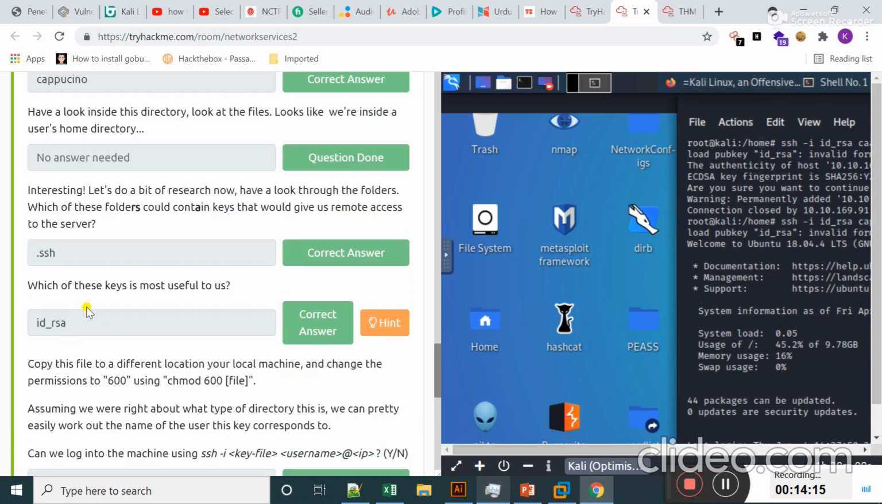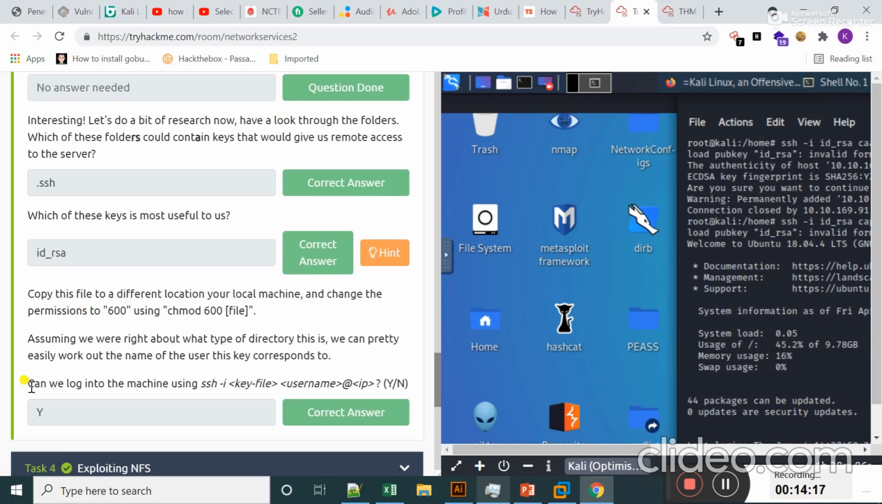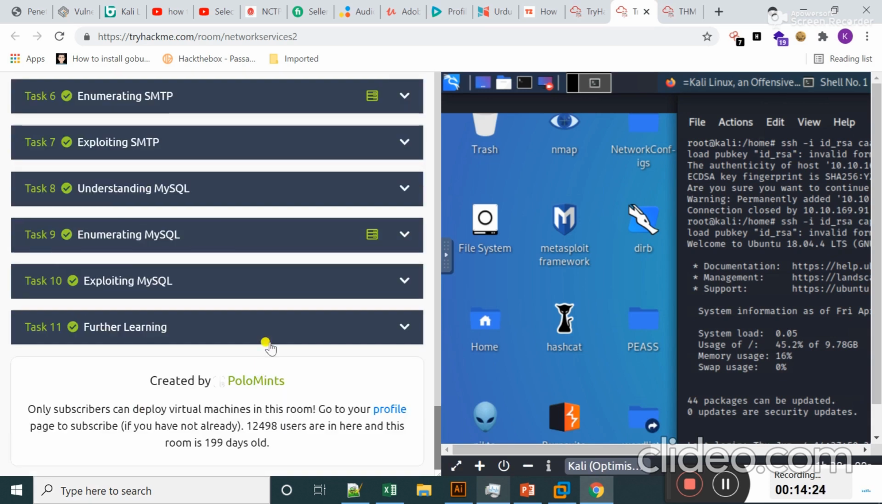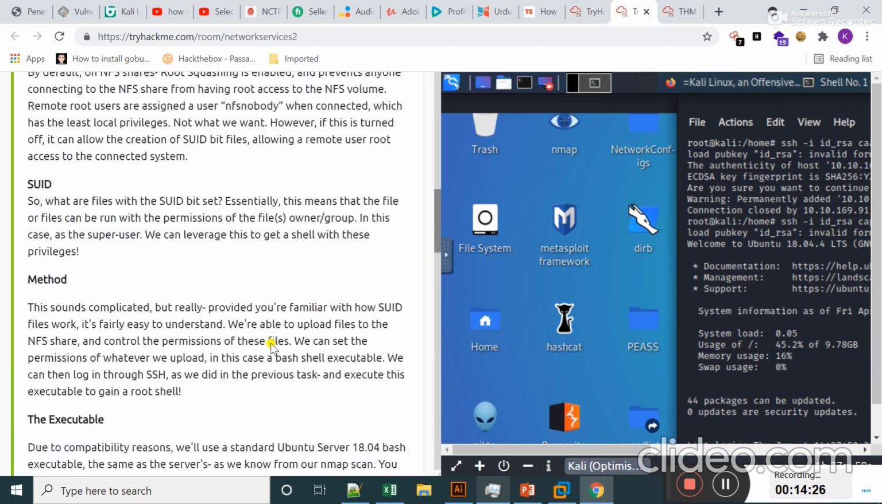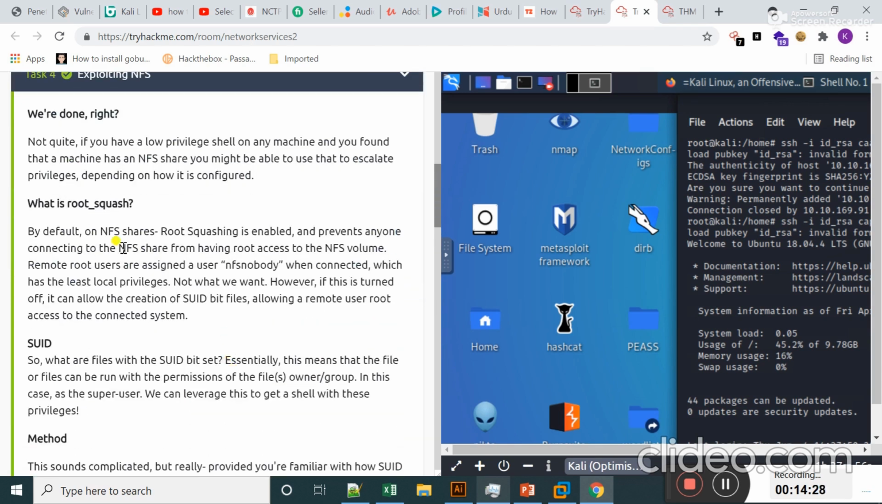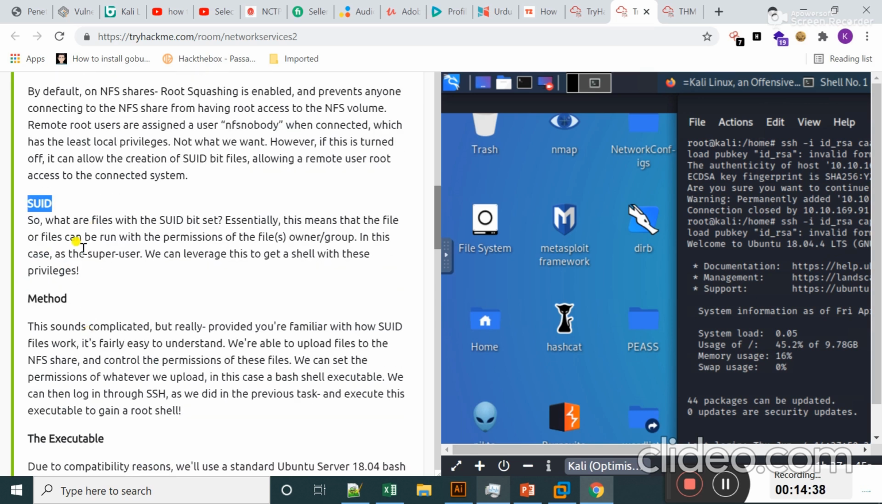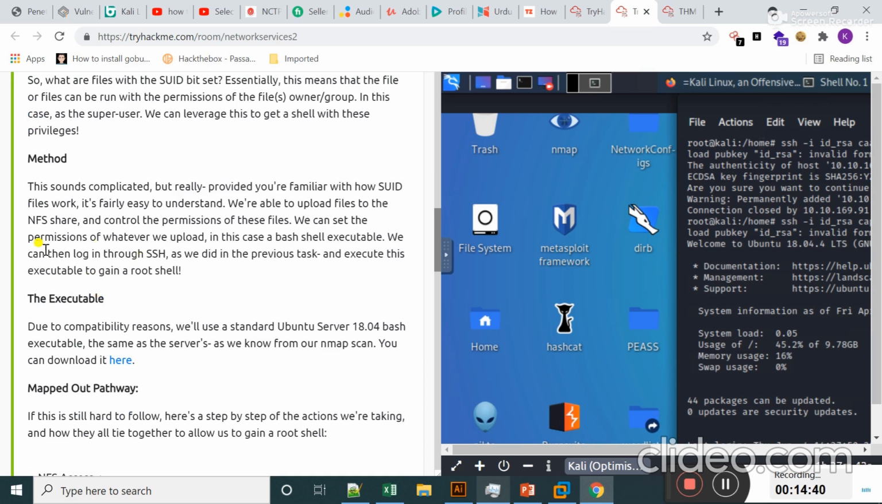The question is, can we log into the machine using an SSH key? Yes. Okay students, now it's time to exploit NFS. And what is root squash? In this task we also learn how you can use SUID, and the method is that,